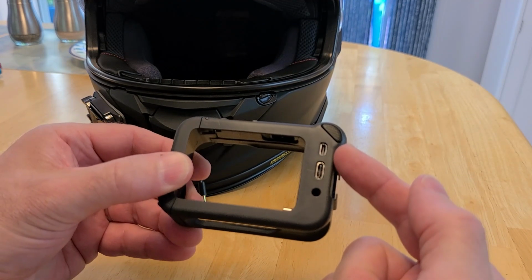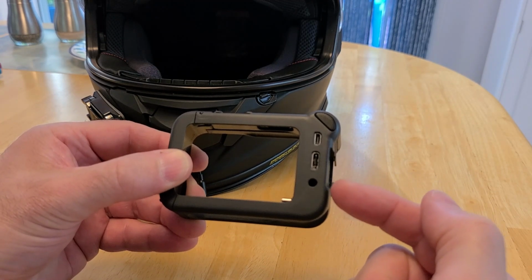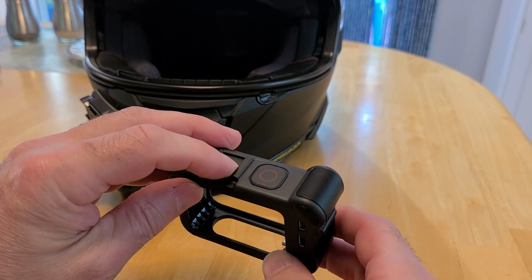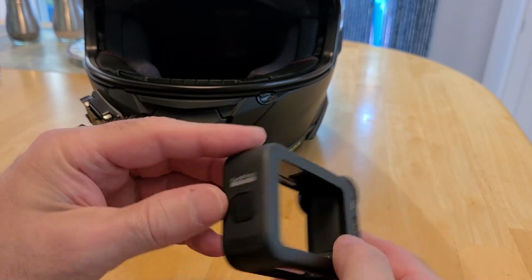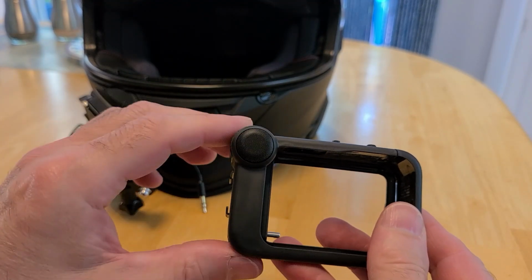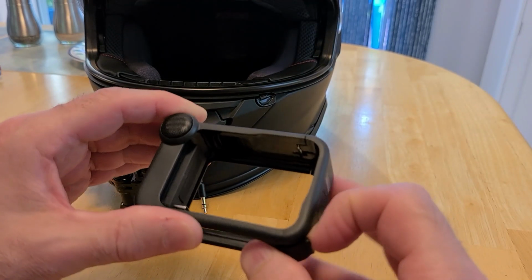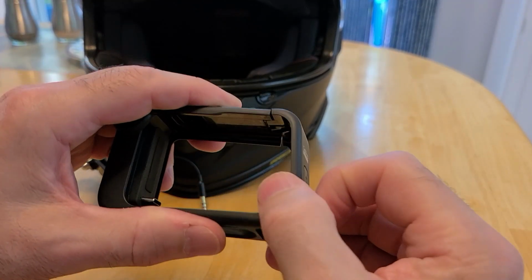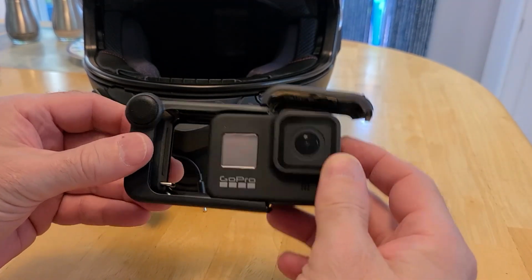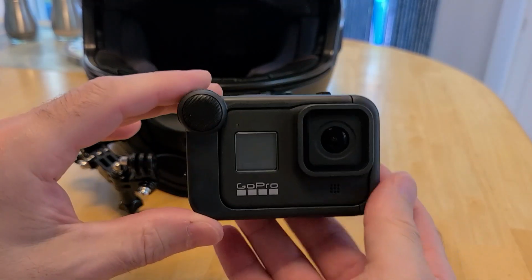It has another, this is an HDMI, mini HDMI, and it has a 3.5 millimeter microphone jack. It's got a couple of hot shoes, which obviously I'm not going to use on my motorcycle, access to the buttons, and it also has this external microphone, which is better than the standard one with the GoPro. But that's still not going to be useful riding on a motorcycle. So I'm going to open up this side door. You take the GoPro and you just slide it into the media mod, line up that connector, close it, and